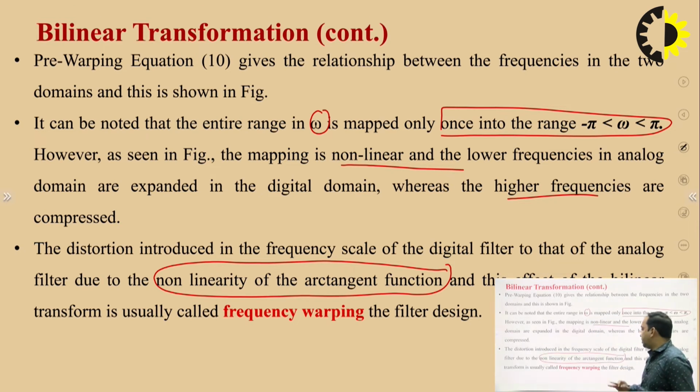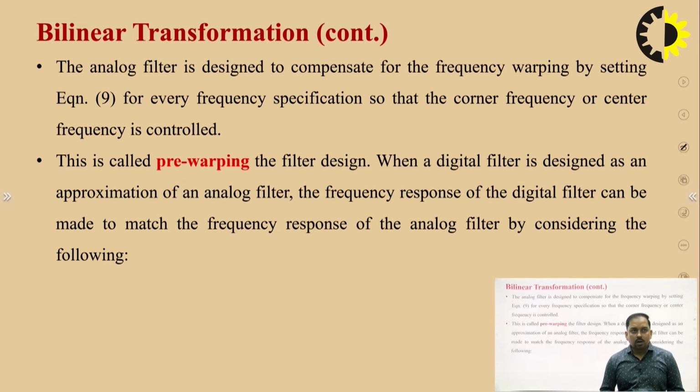This effect of the bilinear transformation is usually called frequency warping in filter design. So this is also a drawback of this technique. How can we compensate for this type of error or limitation? This can be overcome by